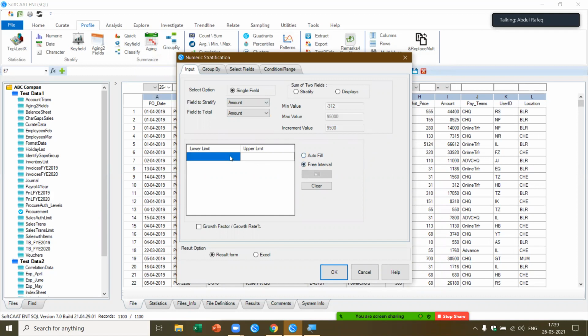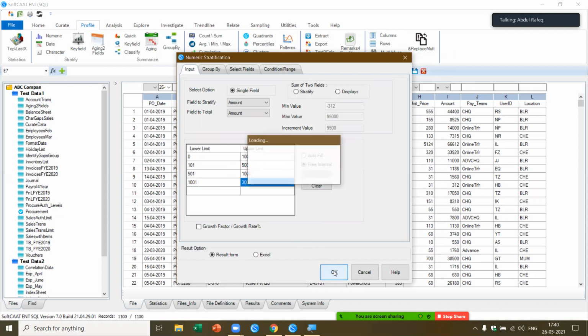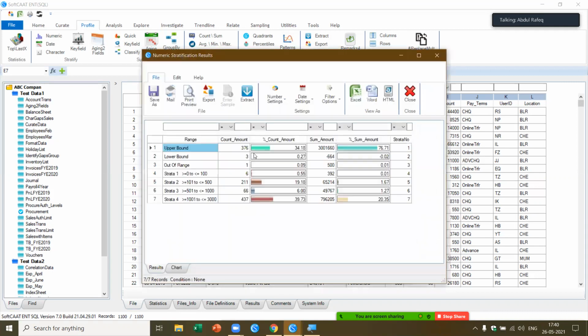Here I can say, okay, what are the items between, let's say, 0 to 100, then 101 to 500, 501 to 1000, and 1001 to 3000. So I'm just giving an example like that. I fill the criteria and say okay. Now you see, you'll be able to stratify the data based on the criteria I've defined.